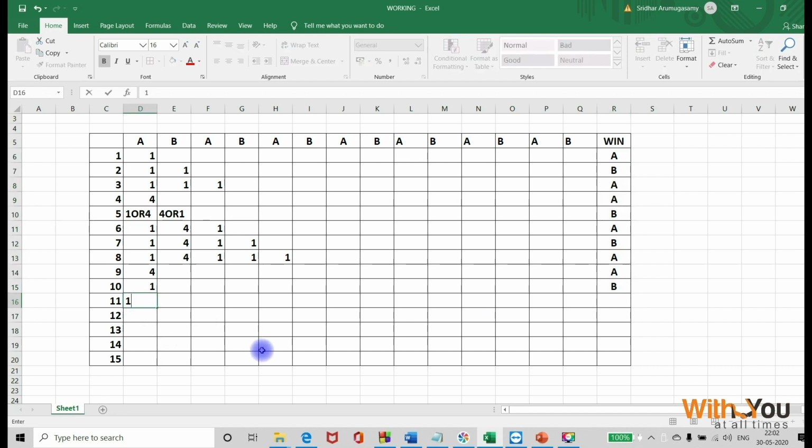Okay, let's say 1. Now focus. If she plays 1, the game becomes 10. In 10, who is winning? If Alice is beginning, Bob is winning. Alice won't allow that, so now she'll play 4. In 7, what is happening? Alice is beginning, Bob is winning. If I make it into a game of 7, who is starting now? Bob. So when I make the game 7, if Bob begins, who will win? Alice will win.